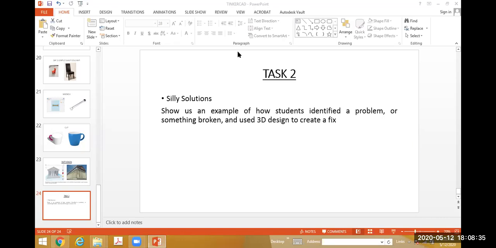So there is a problem. You have to identify a problem or something broken, and you have to use Tinkercad 3D design to create a fix. So you have to submit this tomorrow.